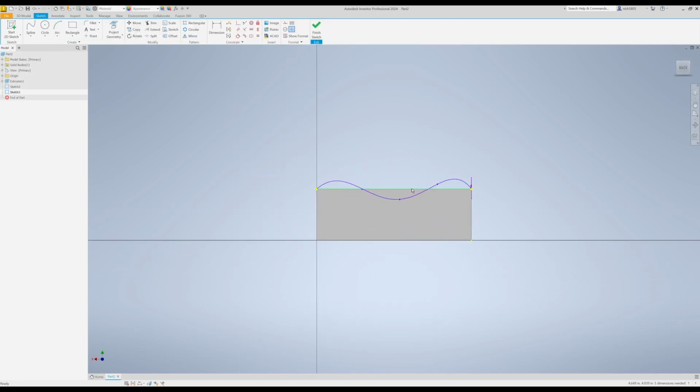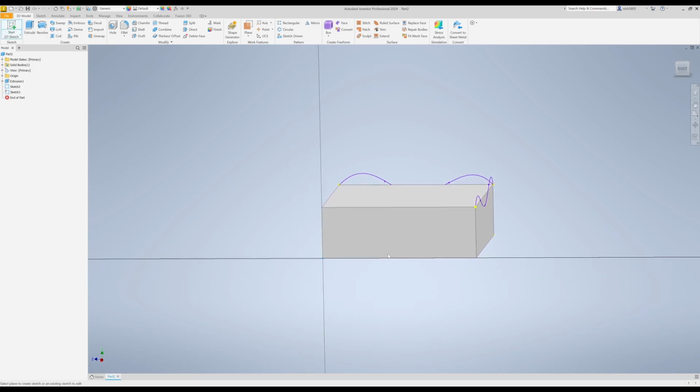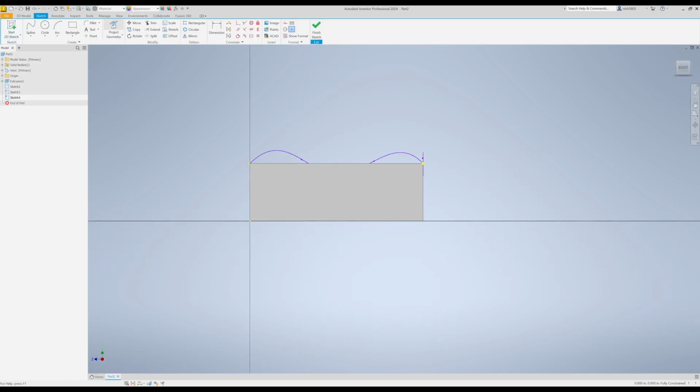We're actually going to delete this yellow line first. And I'll show you why that's important later. Now we're going to rotate again. And same process. Click this side, go to Project Geometry, click this top line, Escape, Spline, except this time, we're